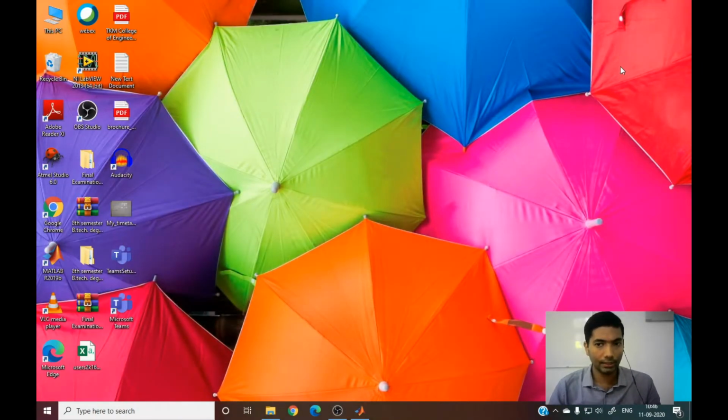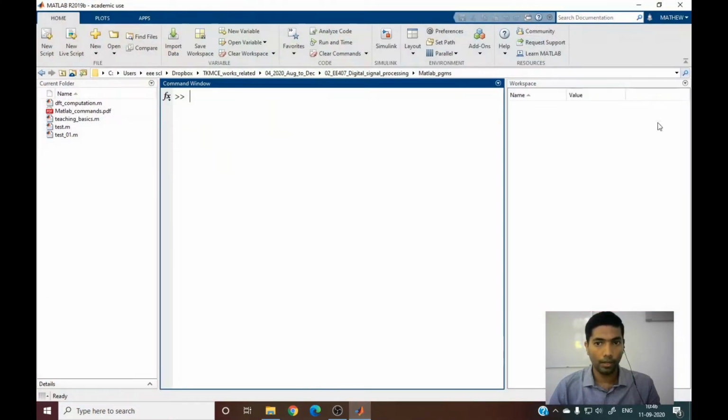So you can access Matlab in different ways. One way is that if you have installed the Matlab in your computer. So here in my computer I have installed the Matlab software itself. You can click on that, and it will open up an interface like this, and you can do the programming using this. So I'll explain the different components. The other method is what I want to focus on more, which is the Matlab online. So I'll just close this window for the moment,